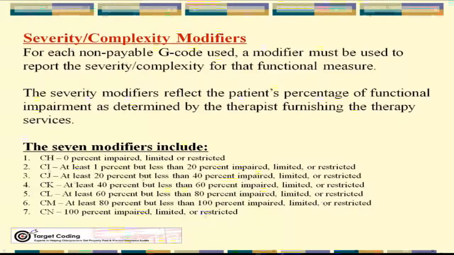So CH, 0 impairment. CI, 1 to 20%. CJ, 20 to 40. CK, 40 to 60. CL, 60 to 80. CM, 80 to 100. CN, 100% impaired. So you're going to use the modifier that reflects the score from a measurement tool, like the